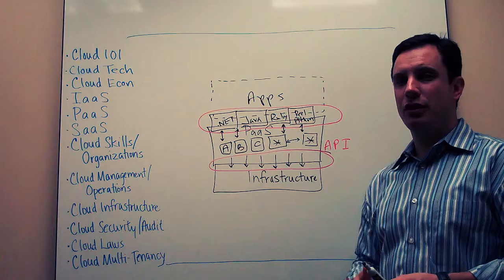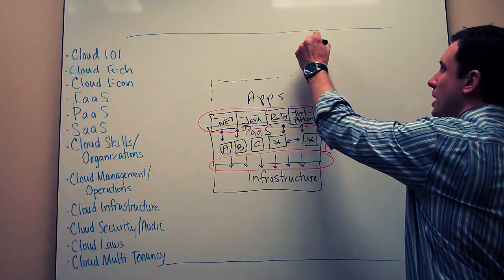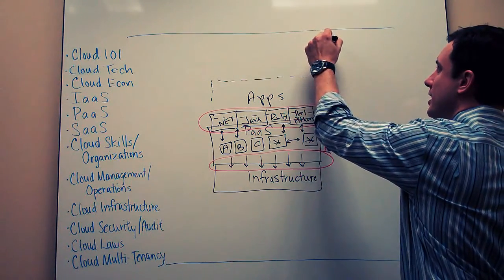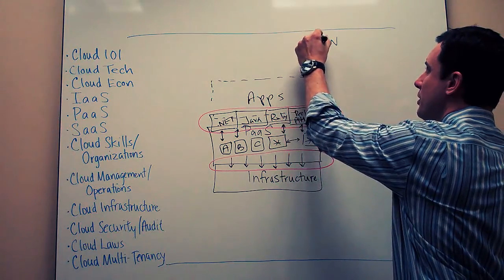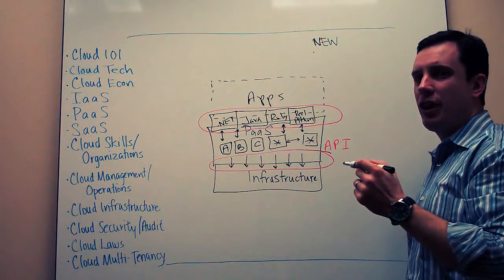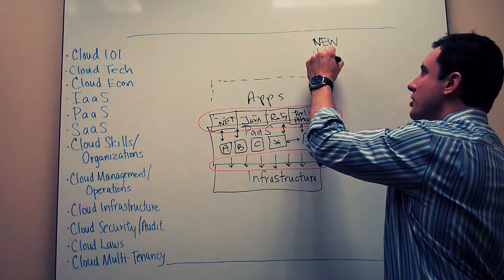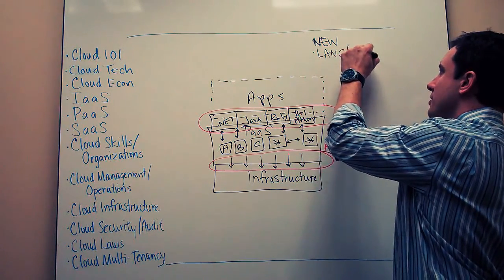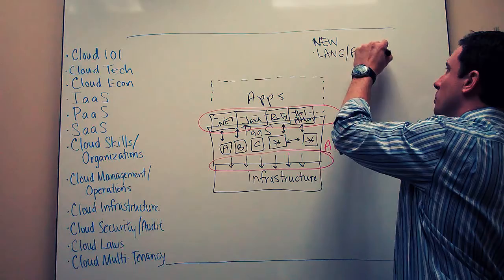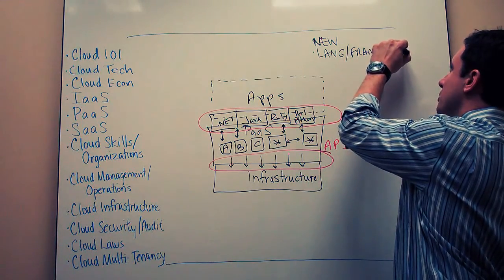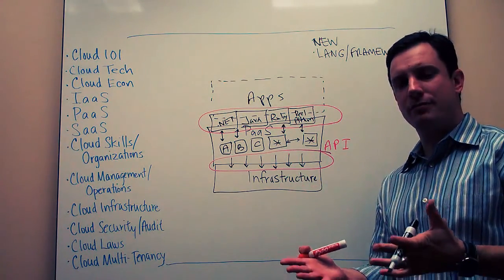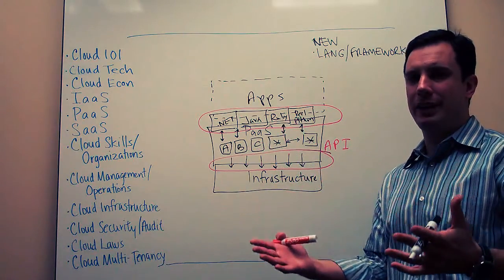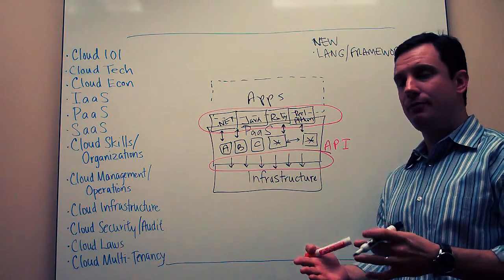The next thing we tend to look at for PaaS environments, so we're going to probably have new applications. That tends to be the starting point. I'm going to write a new application. I'm going to figure out what language or framework I want to write to. So this is the language of the developers, okay? It's Java, it's Ruby, it's whatever it is, okay? Scala, whatever the latest language that they want to write in, okay?